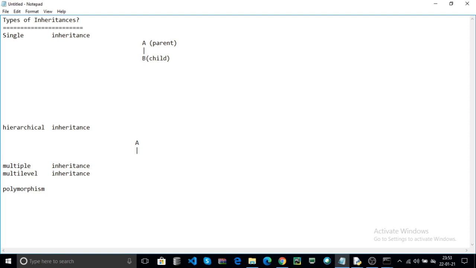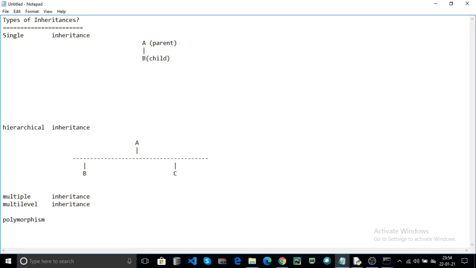Here the same parent, with different children. Here the children are B and C. B is one child, and C is one child. Now how to create this inheritance, we can discuss through the program.